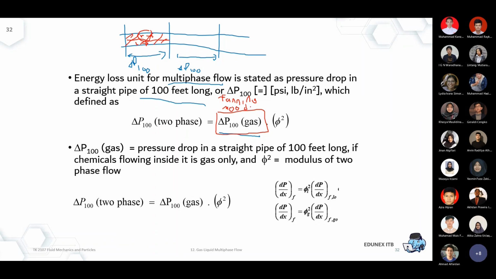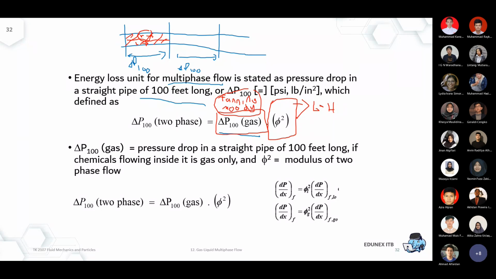So if we assume that the delta P can be assumed as a gas, then calculate the pressure drop for a gas pipeline. But then this is the new correction factor that is introduced by Lockhart-Martinelli. Lockhart-Martinelli doesn't contribute anything new, still using the same existing formula, but Lockhart-Martinelli proposed the correction factor.